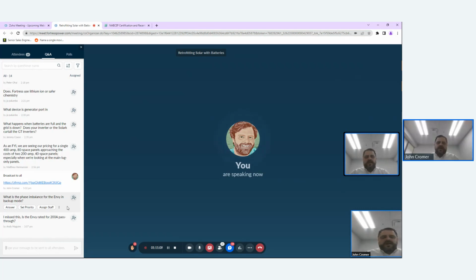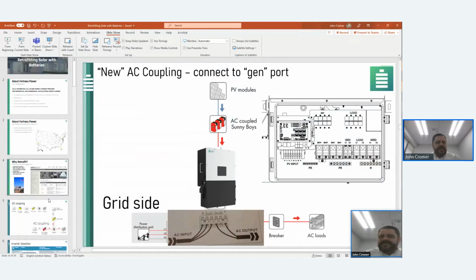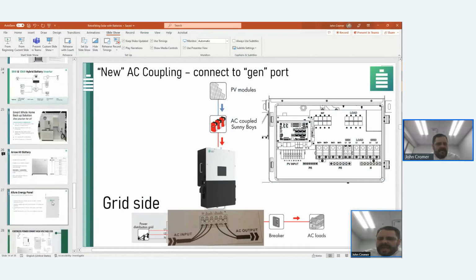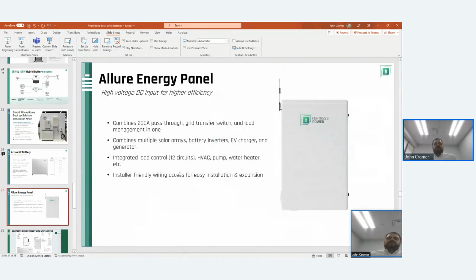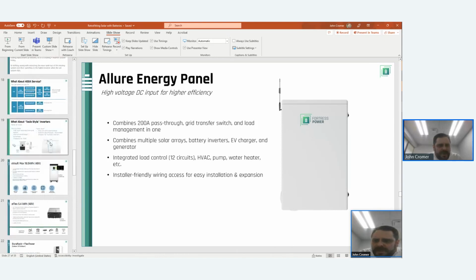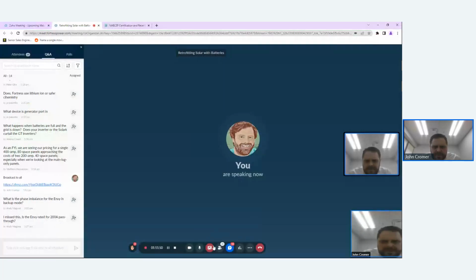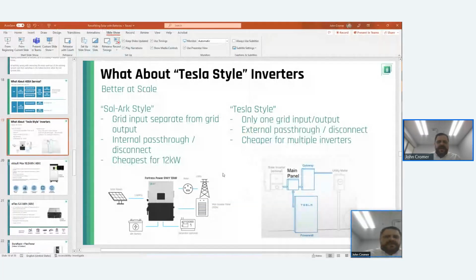On that note, if you're not AC coupling, you still have use of the generator port for some load control. So you could put a load shedding panel onto that. Or, where we're moving our product line going towards the end of this year is that we have a microgrid disconnect panel. That's the Tesla style panel. So let me try and pull up this graphic again. So in the Tesla style, and I hope I'm still sharing my screen, I think so. In the Tesla style